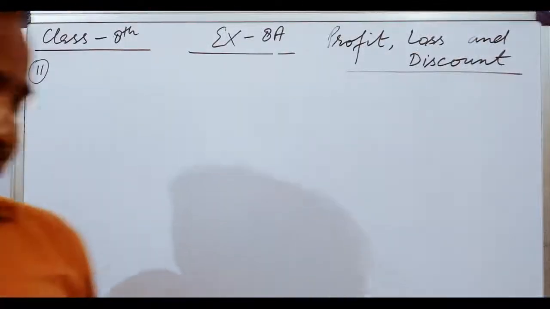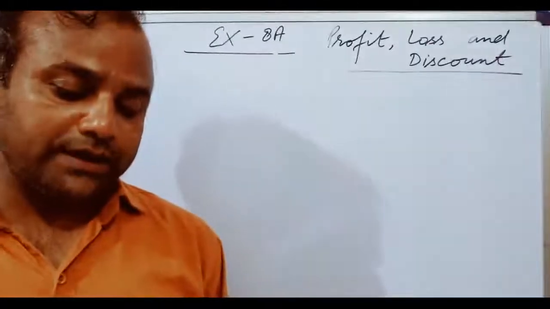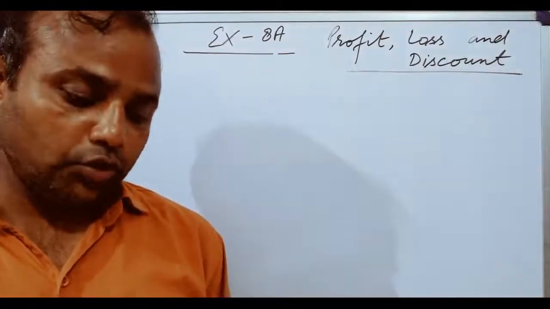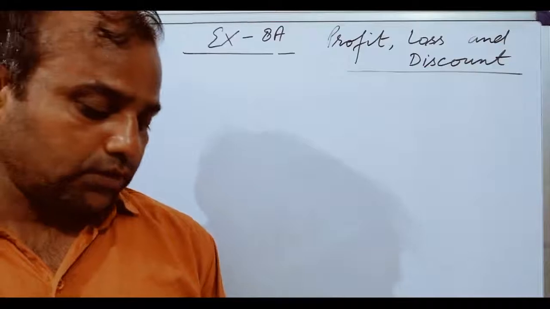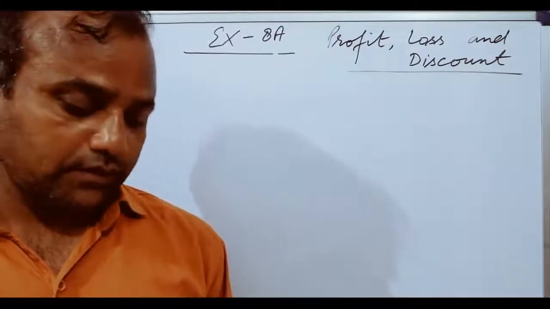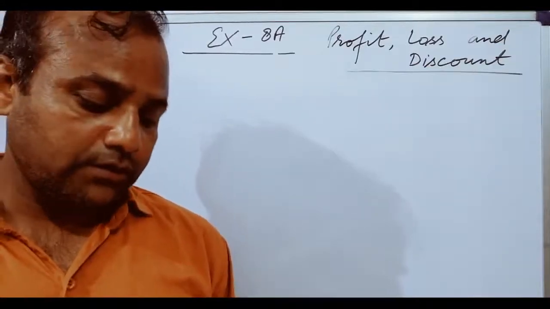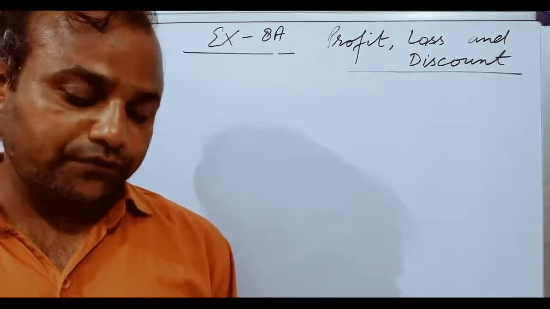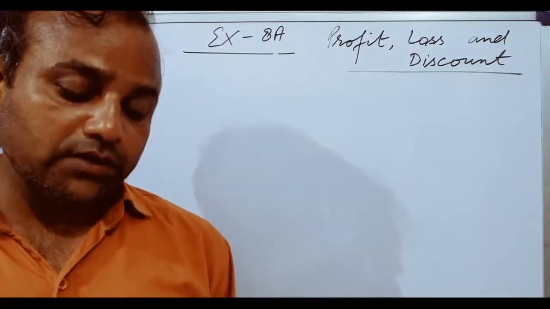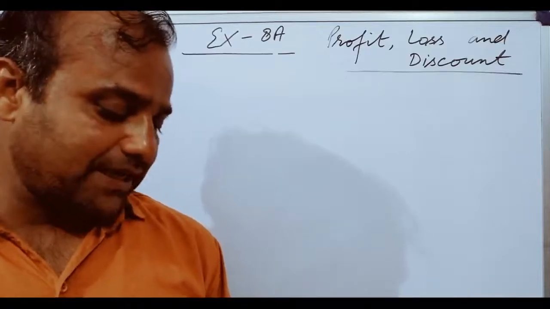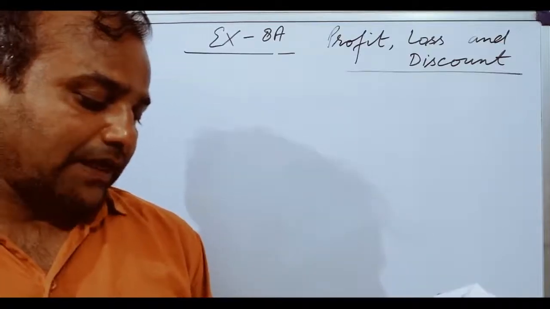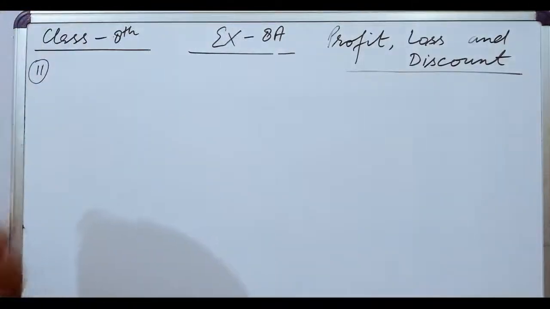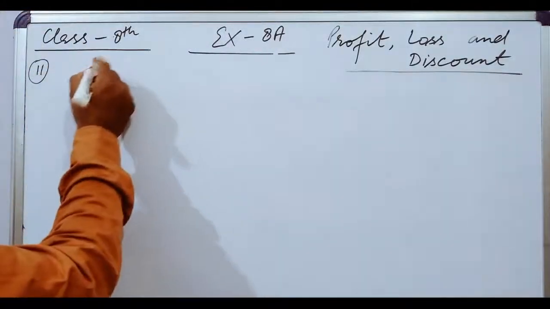A manufacturer sells an article to a wholesale dealer at a profit of 10%. The wholesale dealer sells it to a shopkeeper at 20% profit. The shopkeeper sells it to the customer for rupees 56,100 at a loss of 15%. What is the cost price of the article to the manufacturer? So first of all,